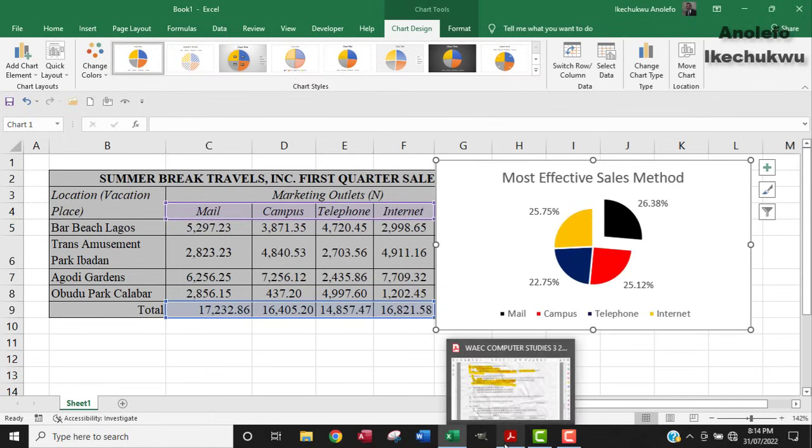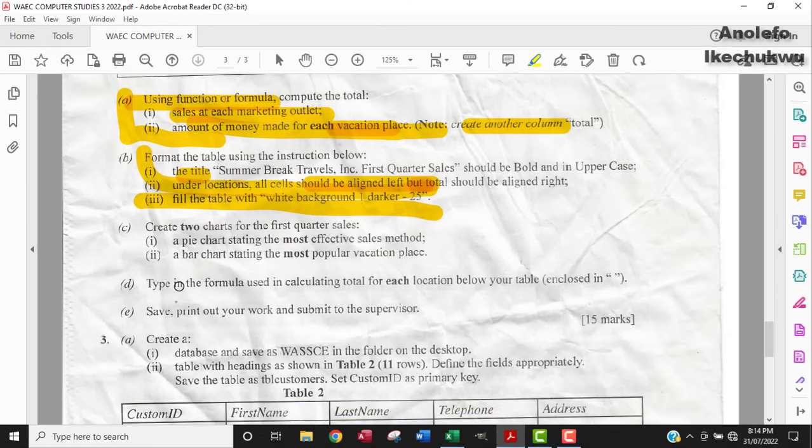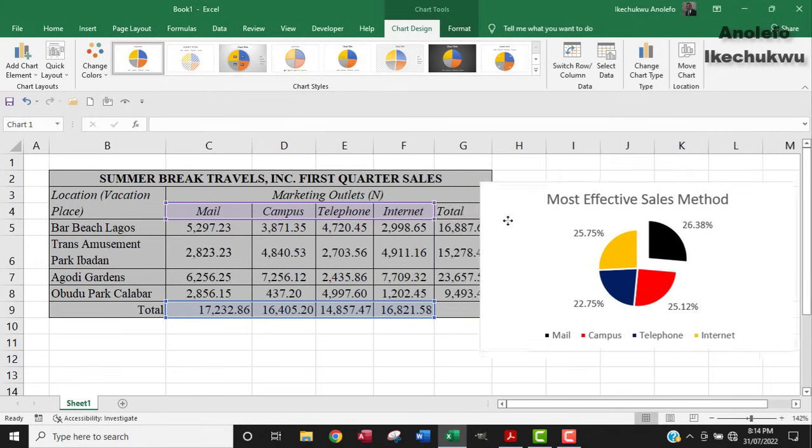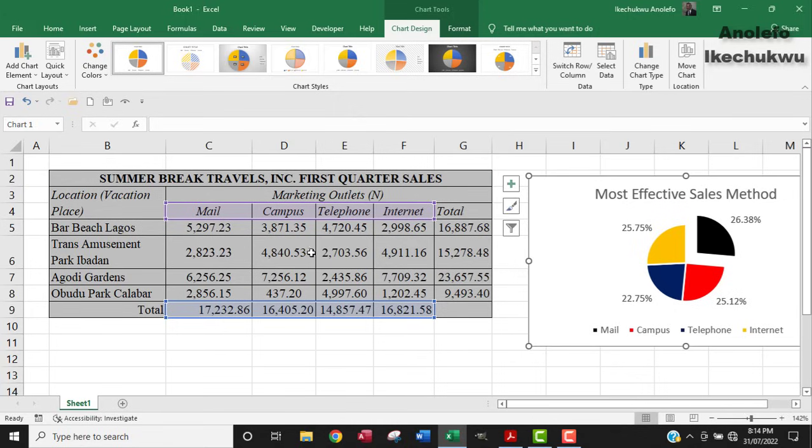All right. So the next question will be a bar chart stating the most popular vacation place. So the most popular vacation place. Let me move this guy to the side here first. So the most popular vacation place. So the vacation places are